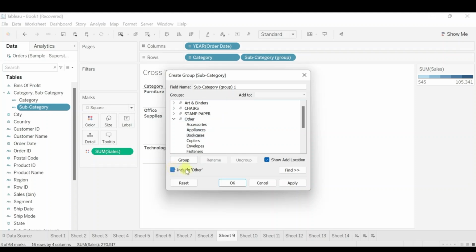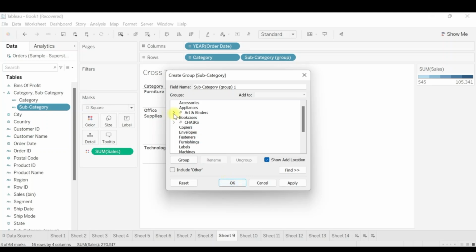So now if I click on include, you can see we have these three groups that we created, and all other individual entries are flowing in others. So we can either go with include others or not include others. And then if we reset it, everything will go to the default view. And if we want to go with art and binders, we can click on apply and OK.